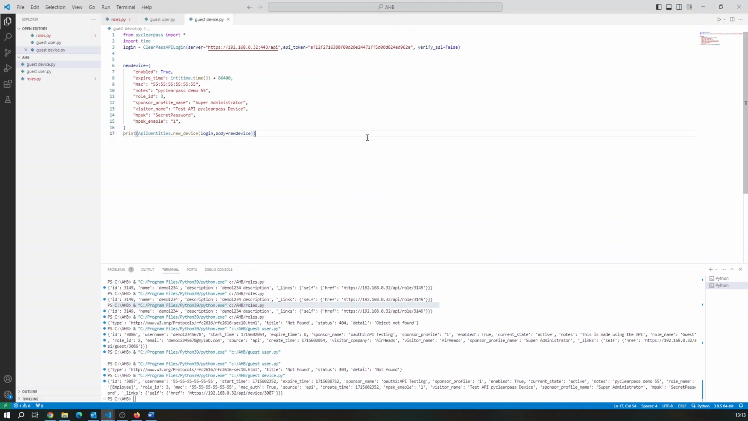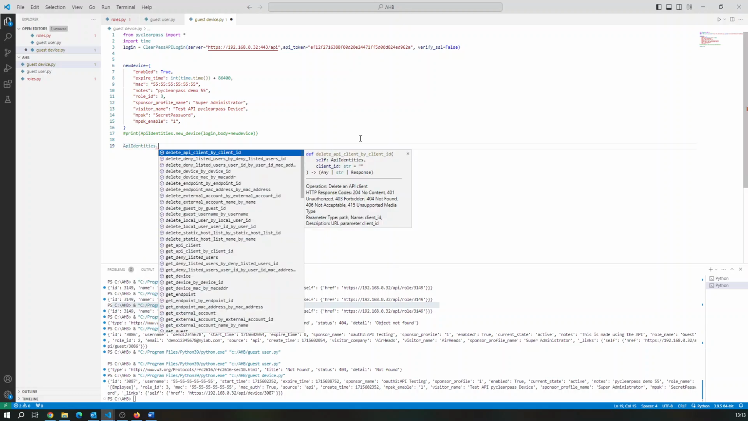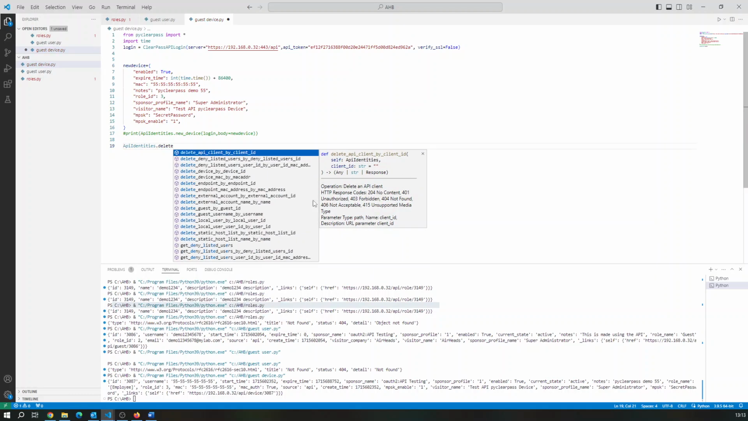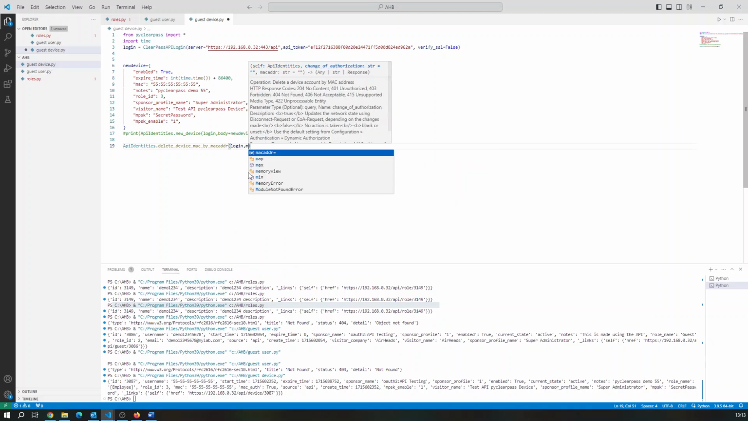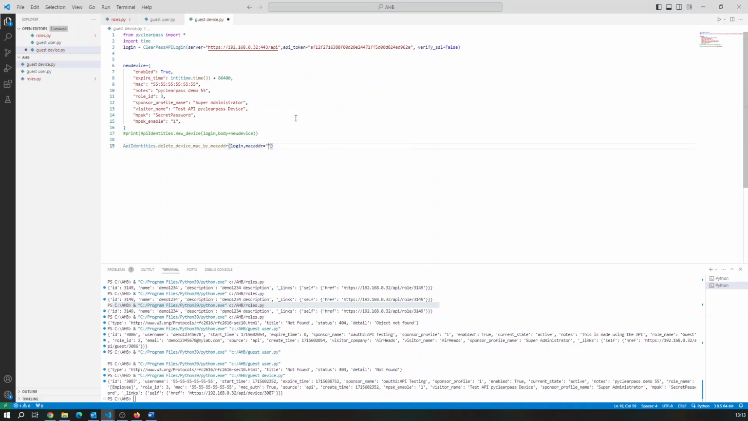So if you wanted to delete that device, for example, then we'll have a look at API identities. .delete is our friend. Delete device MAC by MAC address. Open up, pass in the login, and then we've got change authorization or MAC. So MAC ADDR equals, put in some quotes, and let's get this here, and then wrap it around with a print. Prints onto the screen, save it, play it,